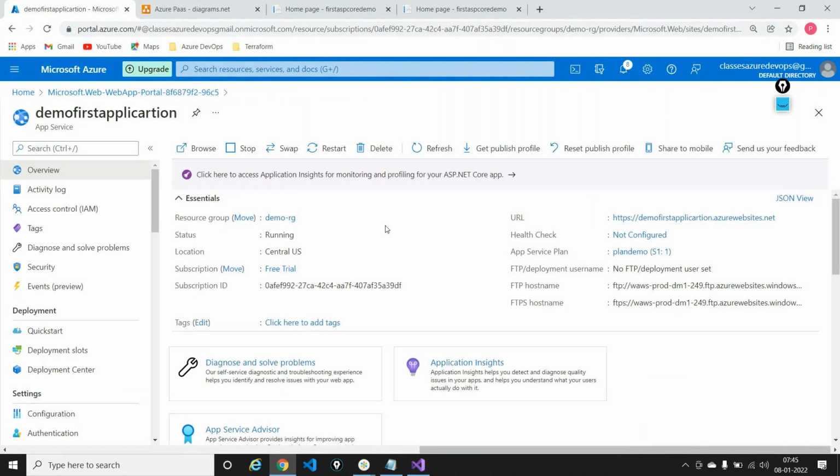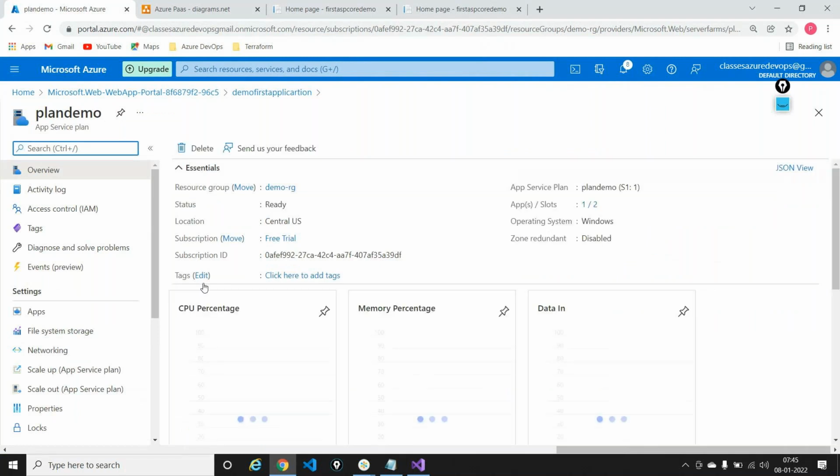So I can have multiple slots. So if we go beyond 5 slots, then it will be chargeable, right? I mean, firstly, if you go beyond 5 slots, this plan won't even support. So the plan supports 5 slots maximum. So we'll have to change the plan. You have to upgrade your plan.